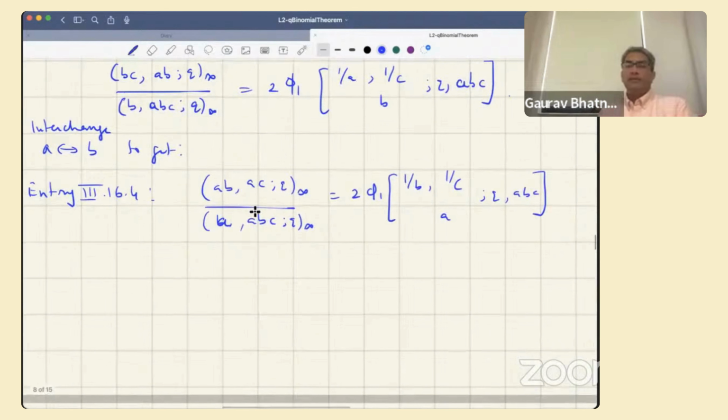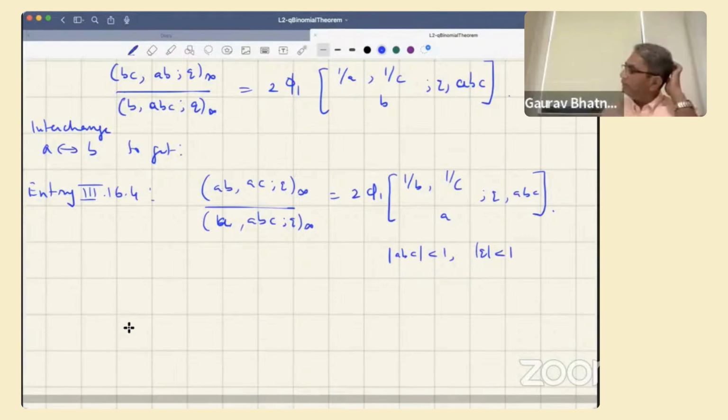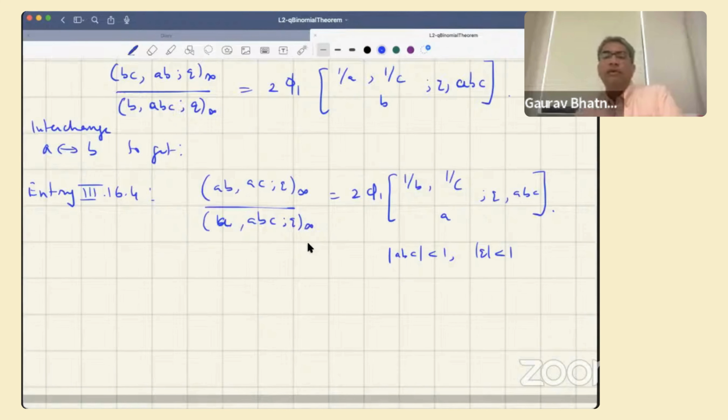So this is an entry, and this is for, again, abc has to be less than 1 and q has to be less than 1 for this to make sense. And this is called a q analog of Gauss's sum. So when we learn how to take limits, we will see how this can be written as a generalization of